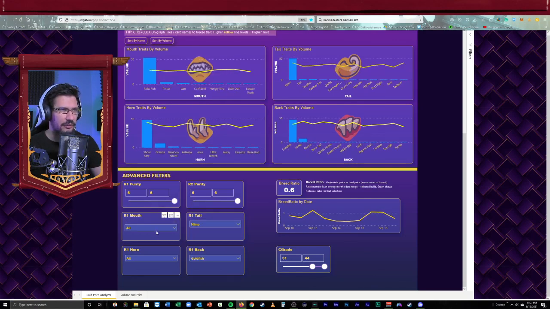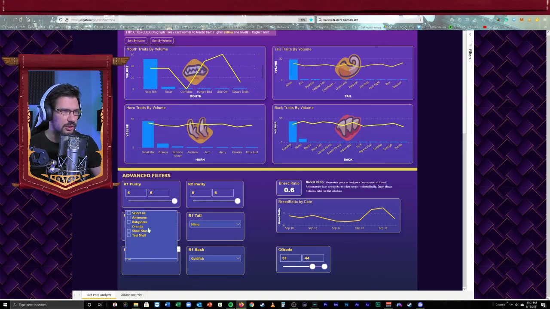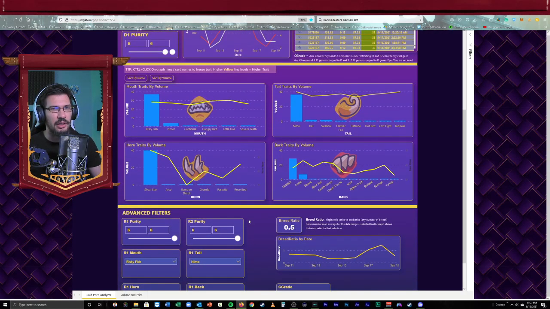On the mouth, I always want to see the Risky Fish. And then on the horn, I want to see that Shoal Star, right? If, say, for example, you're looking for a specific build, and you want all those recessive genes to go all the way across and match the dominant trait, you can look it up that way as well, just to make it even easier for you to find what you're looking for, and break down the market and analyze